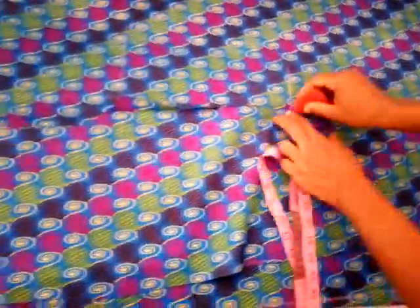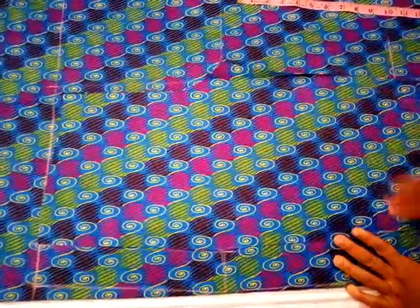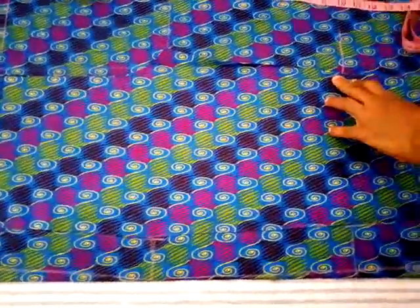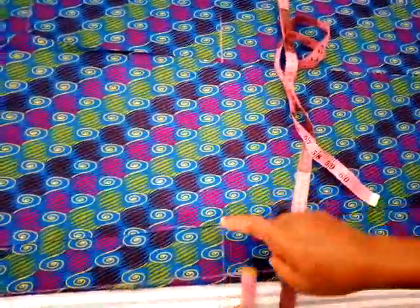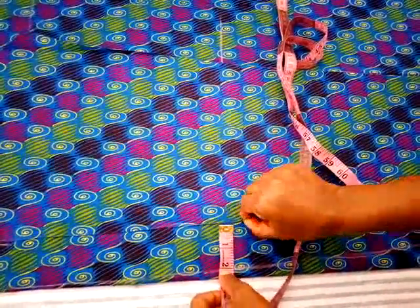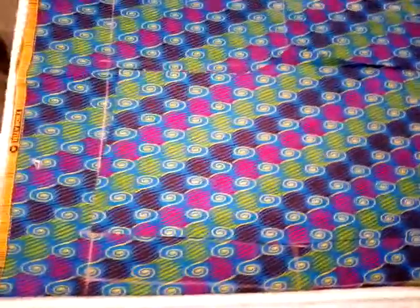So after tracing out the same shape, the next thing to do is to shift the front a little bit to the new line that you have created here. That's 2 inches that you have created here. As you can see, that will leave this part between here and here to be 2 inches. So you have to leave the 2 inches space. Then coming up to this crotch line,